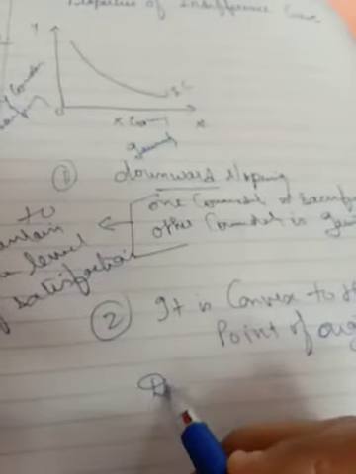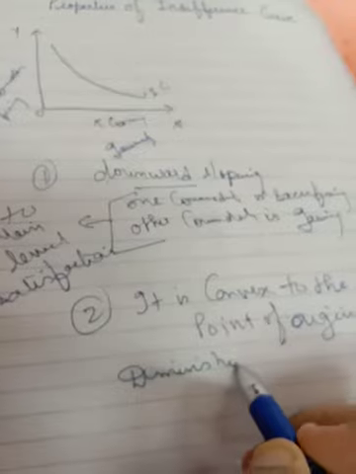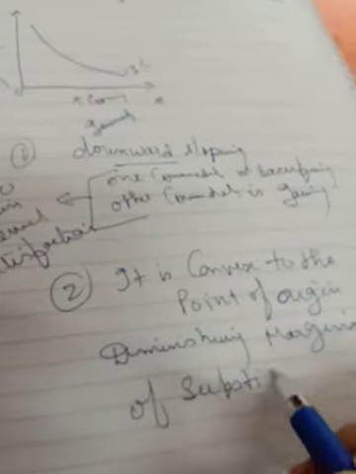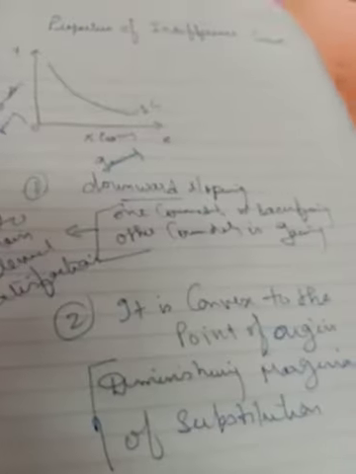Because of the diminishing marginal rate of substitution. That is why it is convex to the point of origin. So this is the main reason why diminishing marginal rate of substitution happens in indifference curve. The reason for this is the law of diminishing marginal utility. Because of this law, what happens is